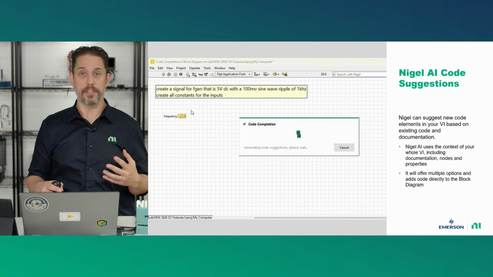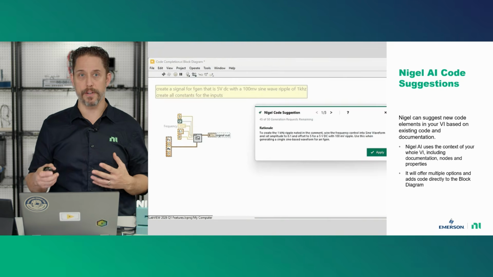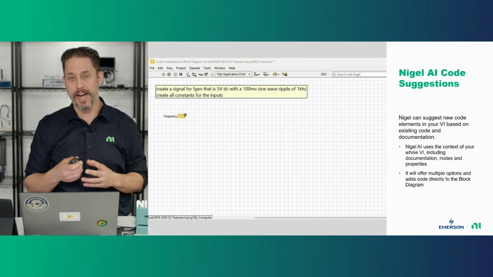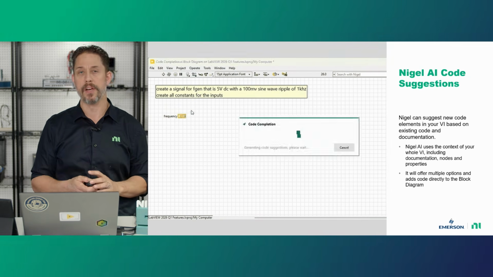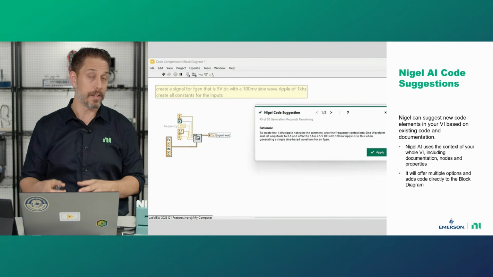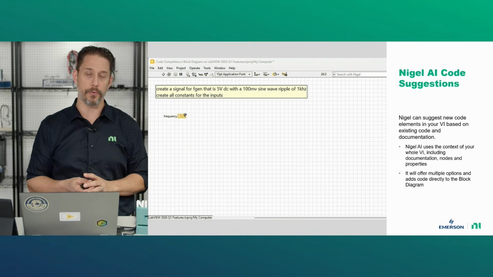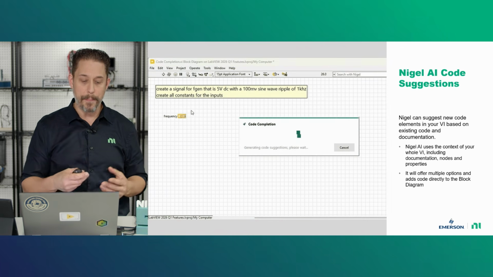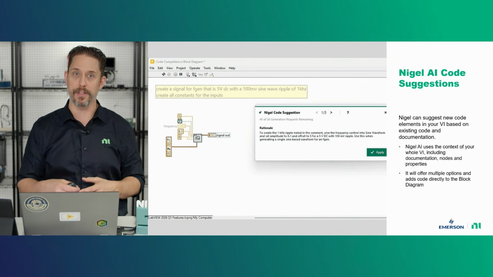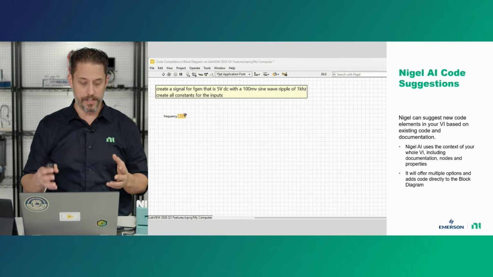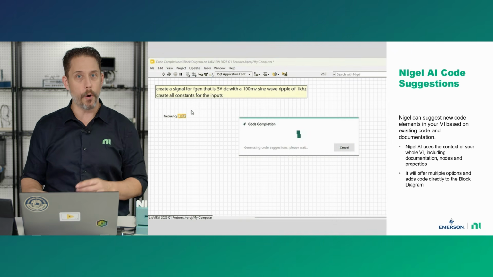And so the last thing to talk about in this latest release is one of our newest, flashiest features that we just implemented, where Nigel is now starting the process of being able to create some LabVIEW code for you. It's making suggestions for your overall code base. And so what you can see happening here is I've got a terminal on my front panel that's called frequency. And well, you know what? Rather than see how it works right here, let's go ahead and open up the example